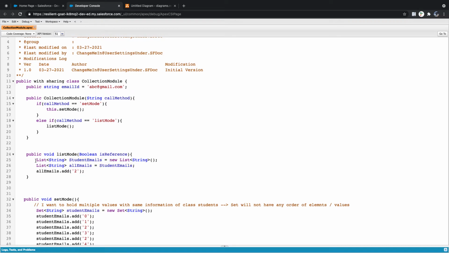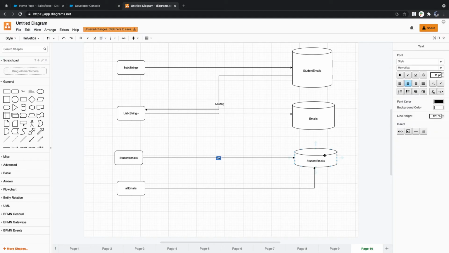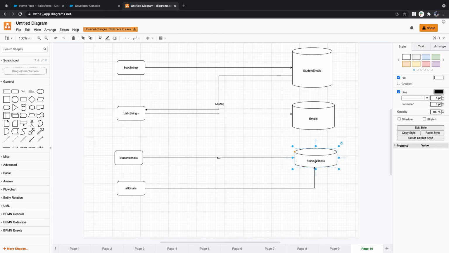By default it's okay, but I'm talking about after considering the three lines, what will be the size of these elements. So we are trying to add a new value in all emails. So indirectly, are we adding to all emails, or are we adding to a location? We are adding to a location. What is that location called? Student emails. So ultimately we are adding here, right?